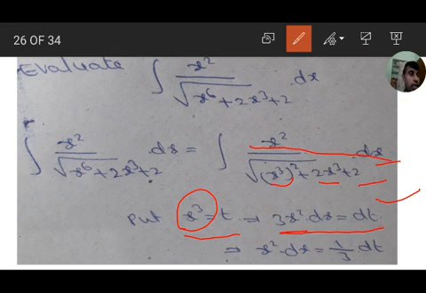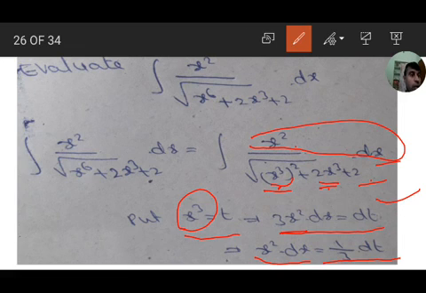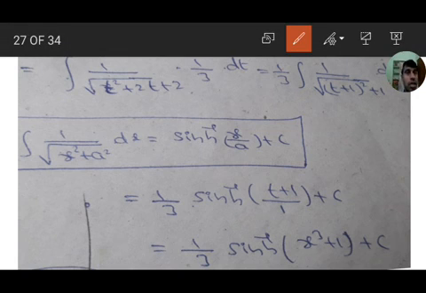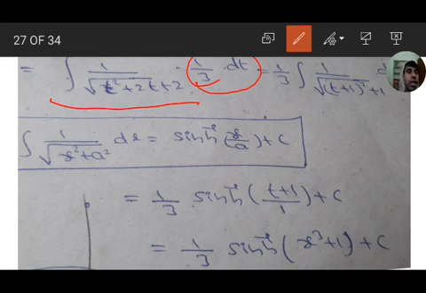So we have only x square dx. So 3 goes to the right hand side. x square dx equal to 1 by 3 into dt. So substitute these values. So 1 by square root of t square plus 2t plus 2. x cube means t, x to the power of 6 means t square, 2x cube means 2t, plus 2. So that is integration 1 by square root of t square plus 2t plus 2, into dx means 1 by 3 dt. x square dx equal to 1 by 3 dt.